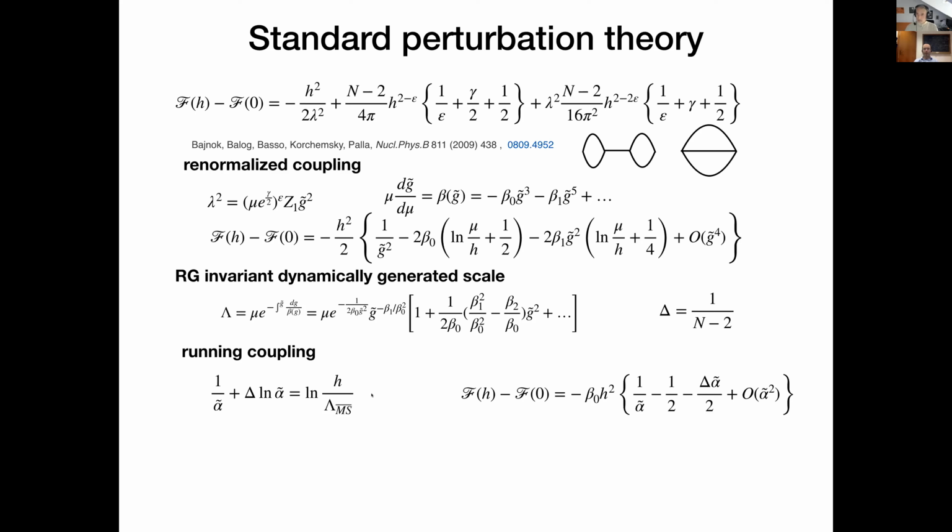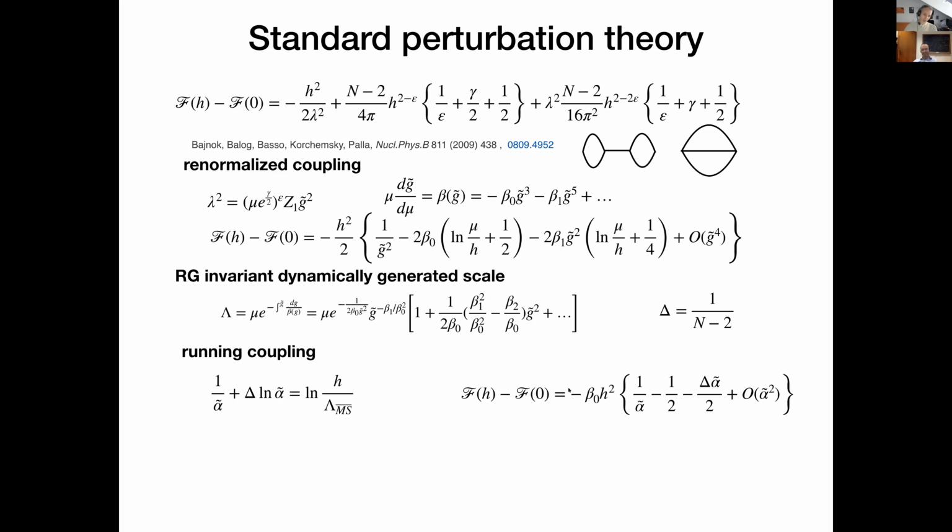Sorry, Zoltan. Yes. Alpha tilde is no longer running, right? Because it's determined in terms of invariant quantities, or not? No, I think this is just... why do we say it's a running coupling? It's just a notion, I guess. Maybe it's not a good word for it. If you take mu instead of h, I will call it running, but with h fixed. Yeah, I see what you are saying. Right. Okay. Never mind.